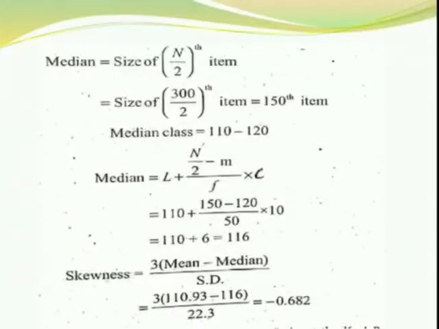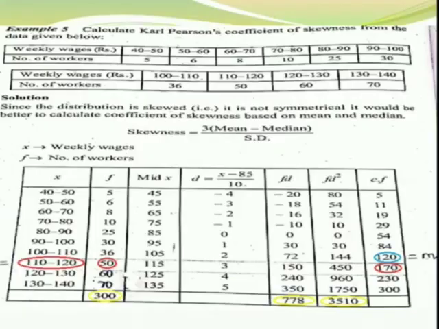In Karl Pearson's coefficient of skewness, here we use two formulas. In this problem, we used the formula based on mean and median, because in our question we are not able to find the value of mode, because our highest frequency is the last value. In that case we have only f0 and f1. We don't have the value of f2. So the mode value doesn't exist.